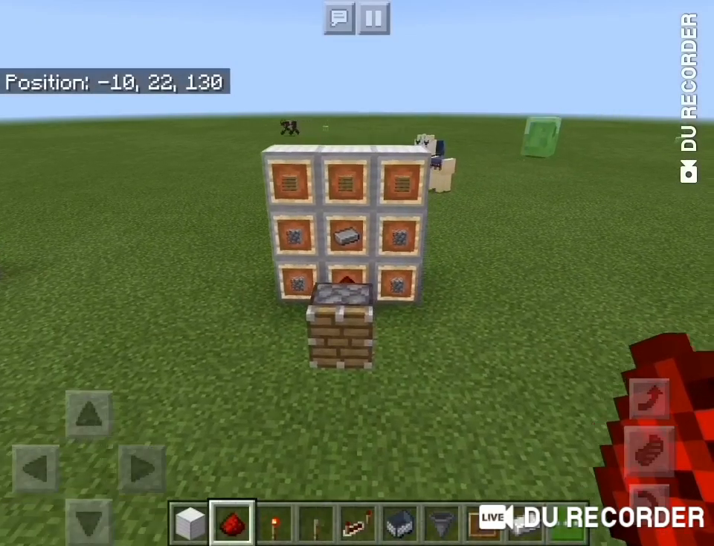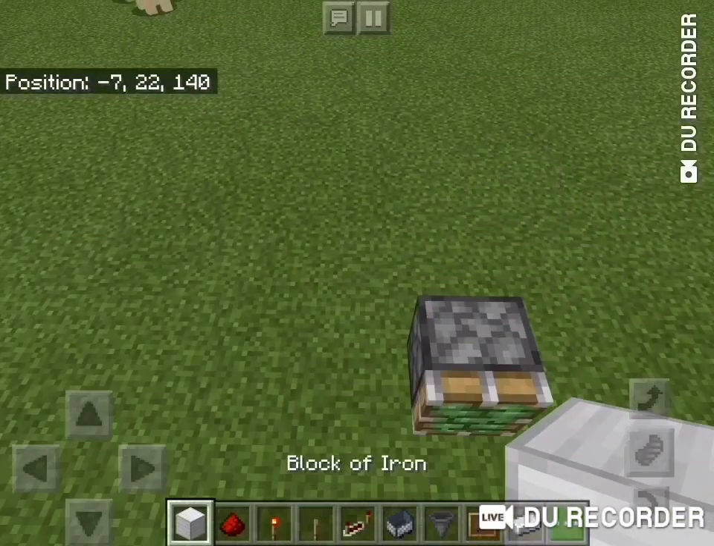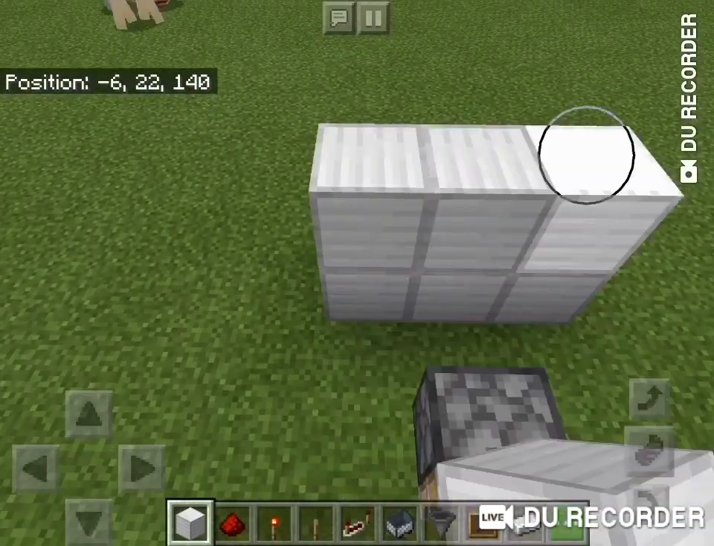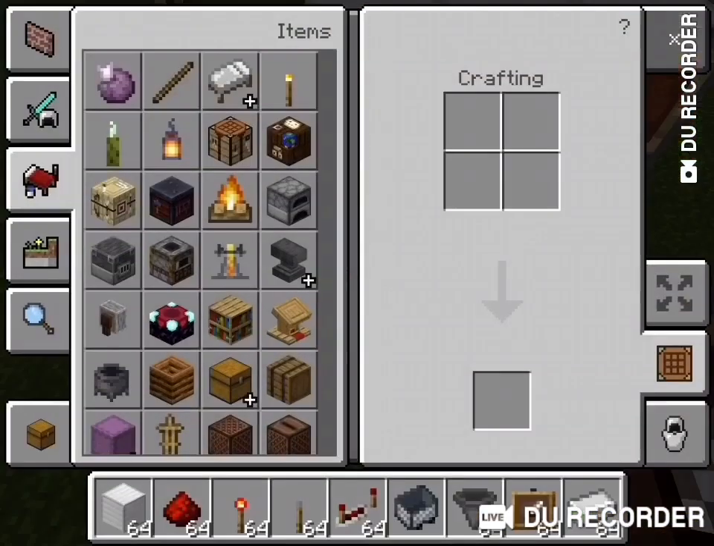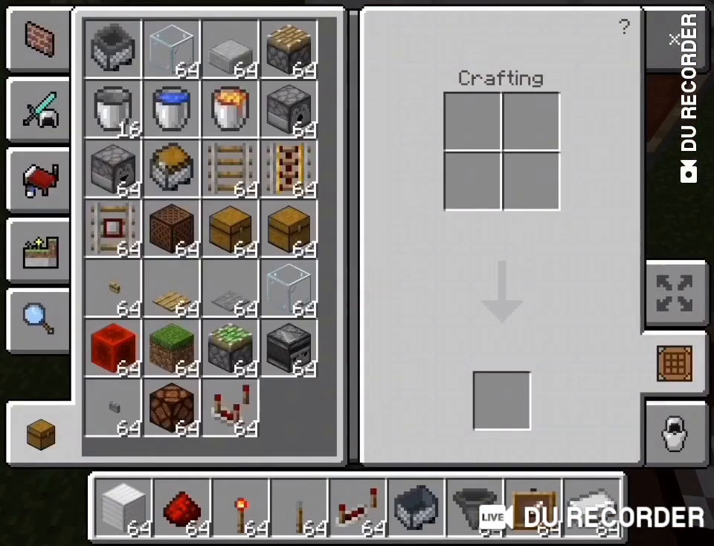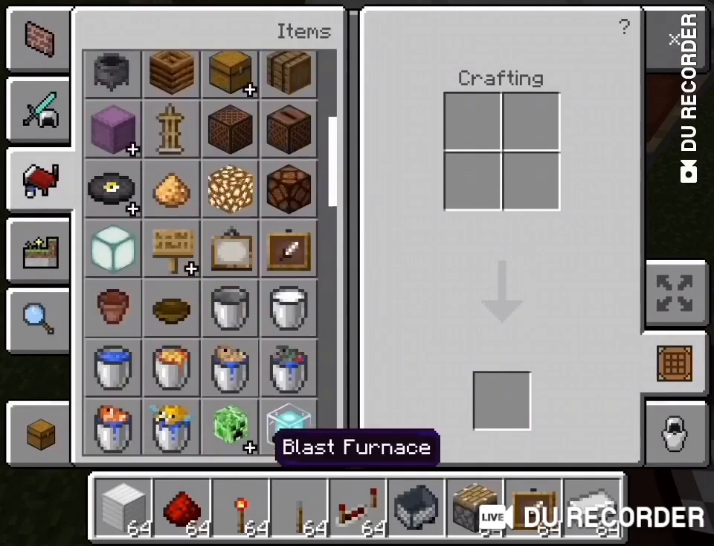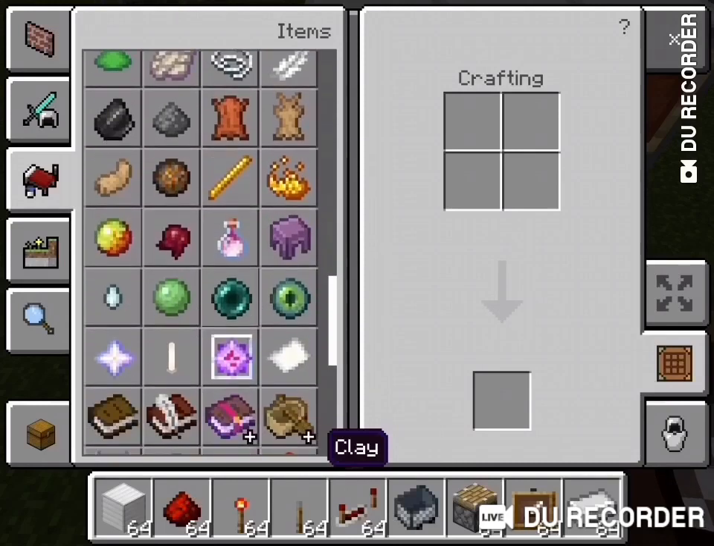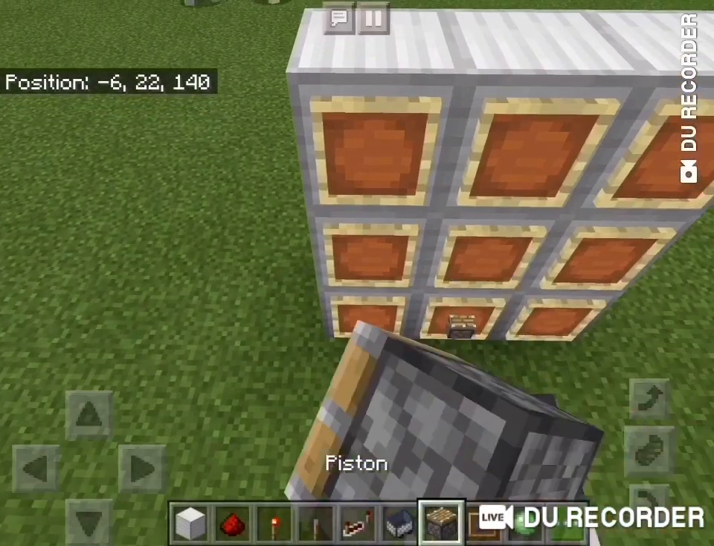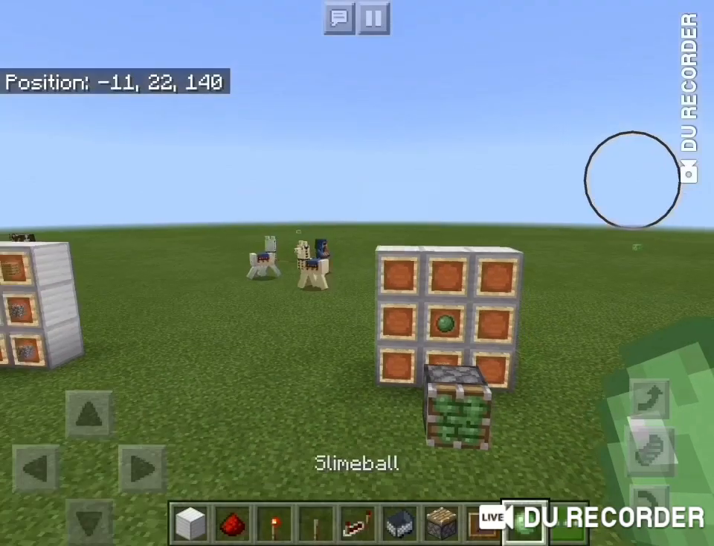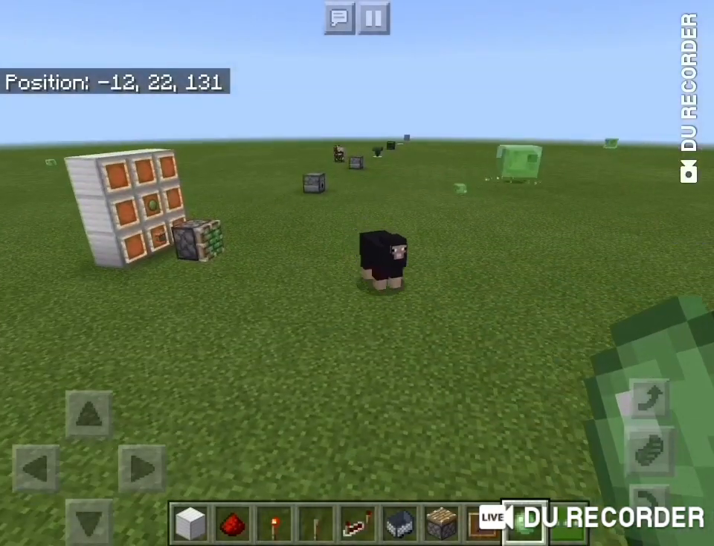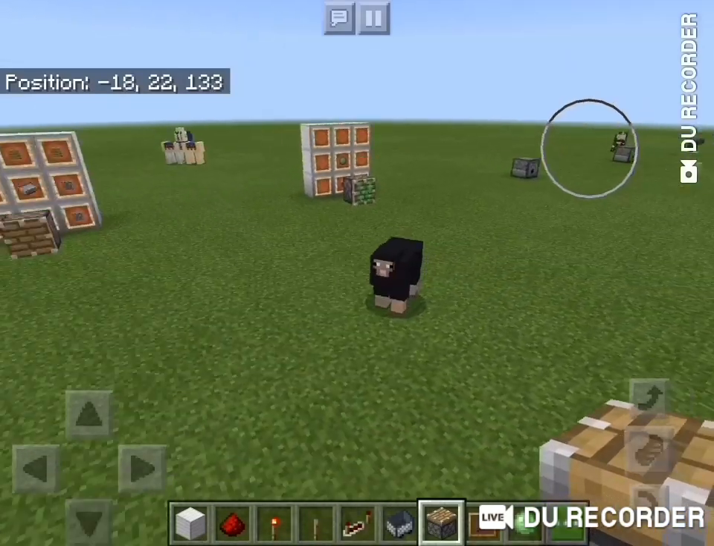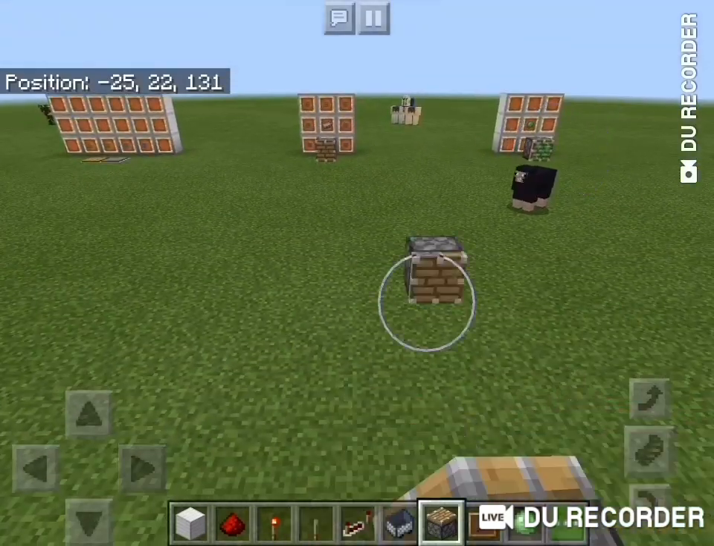And in order to make yourself a sticky one, the recipe just doesn't change. All you really need is to take a regular piston and add a slime ball to it. Anywhere in the crafting table. Make sure the slime ball is always above. Now, how do they work? They work the way in that